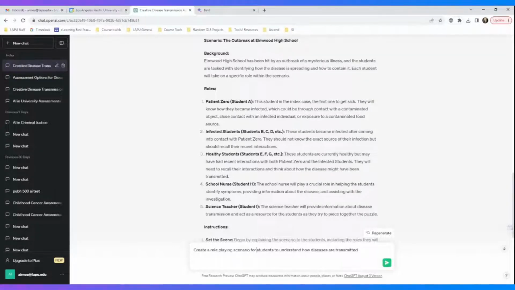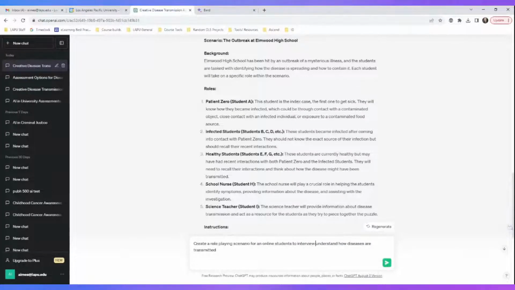See if it might understand what you're asking it to do. I'm going to maybe change my prompt to for an online student. So create a role-playing scenario for an online student to, let's say, interview the AI tool to help understand how diseases are transmitted. We'll see what it comes up with.